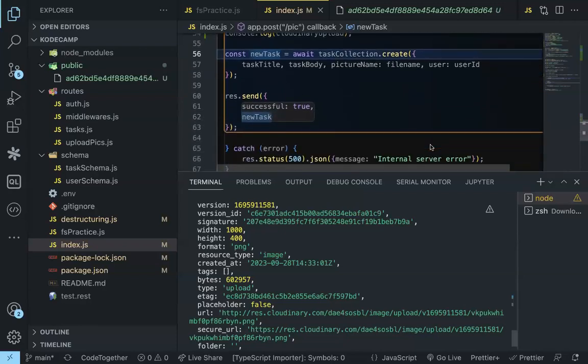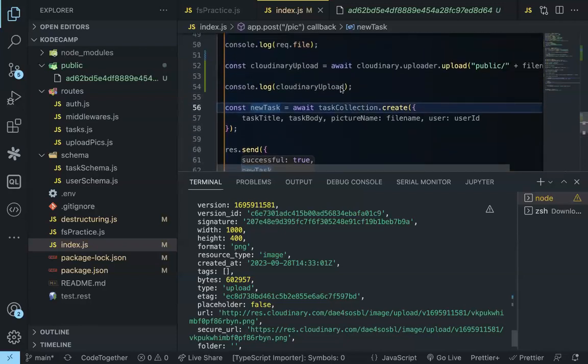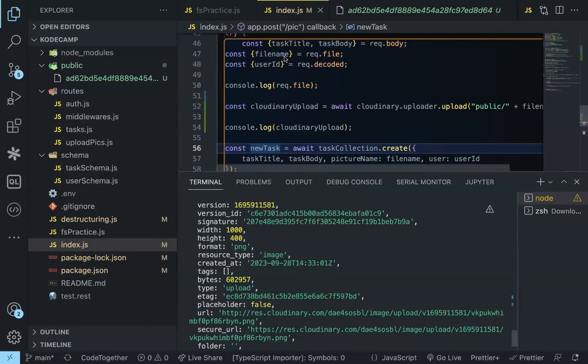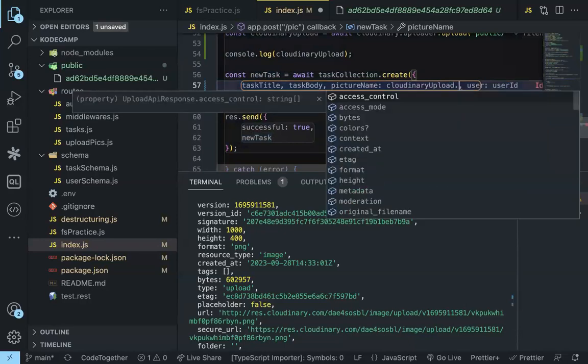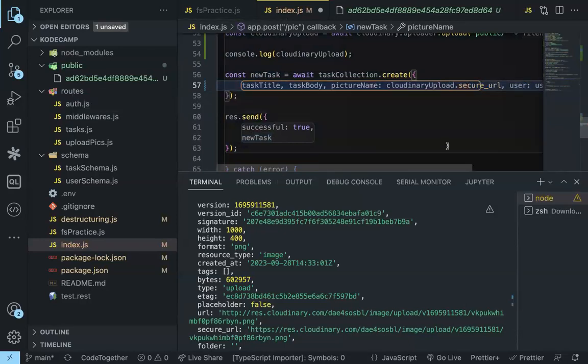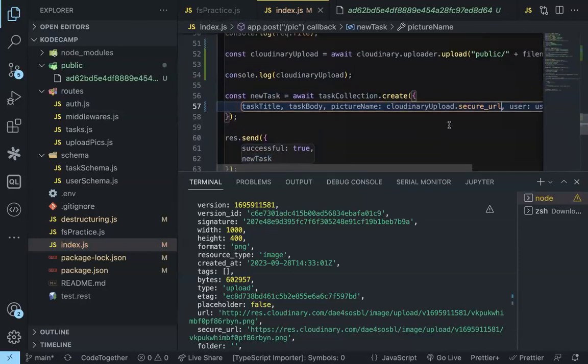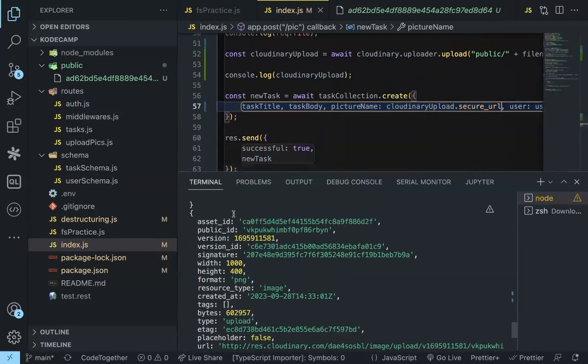So now what you're going to do is, after uploading the image, here the picture name is not going to be this file name again. The picture name is going to actually be Cloudinary upload dot secure URL. So this Cloudinary upload dot secure, now it's your choice. You can choose to save the whole object as the picture name,